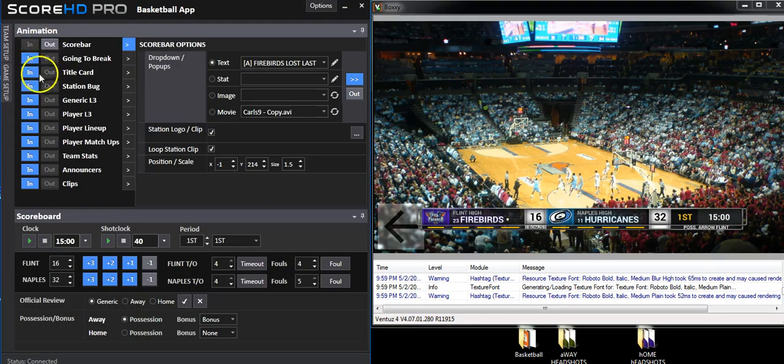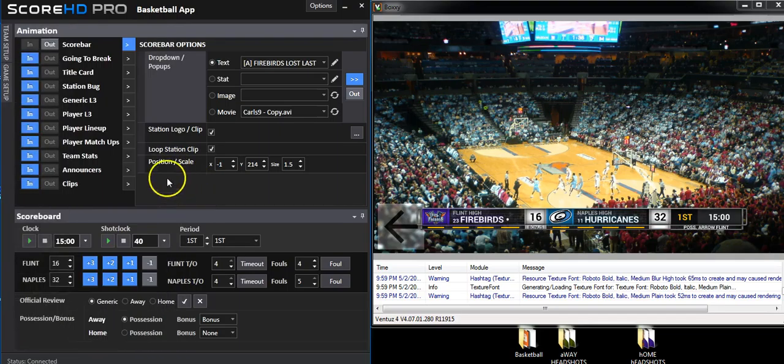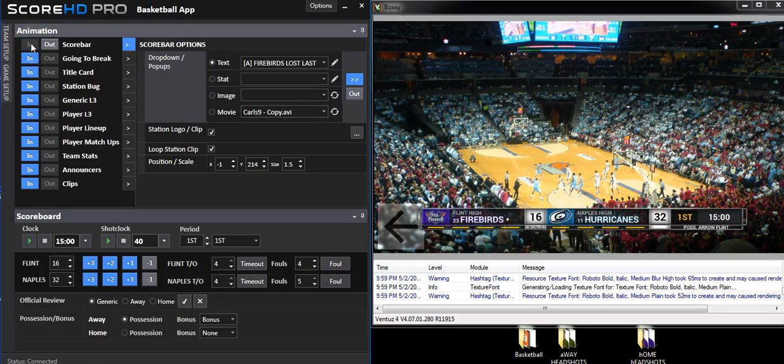Now, using it in conjunction with retract graphics on insert, let's say you had a player who was getting ready to shoot at the line. You could simply bring in the lower third for the player at the line, it comes up, the player shoots, now he's ready to go, and you're ready to go back to the score bar. You simply hit this, and that'll animate out and bring back in the score bar when they overlap. So another really nice animation function